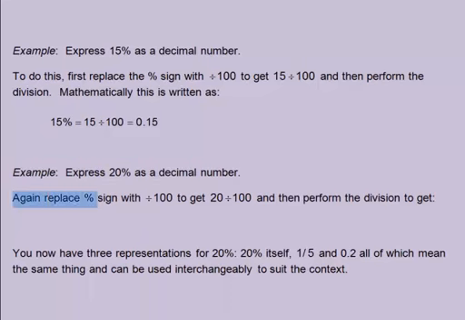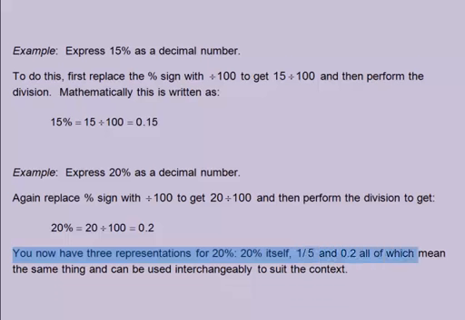Example. Express 20% as a decimal number. Again, replace the percentage sign with divide by 100 to get 20 divided by 100 and then perform the division to get 20% equals 20 divided by 100, which equals 0.2. You now have 3 representations for 20%. 20% itself, 1/5, and 0.2, all of which mean the same thing and can be used interchangeably to suit the